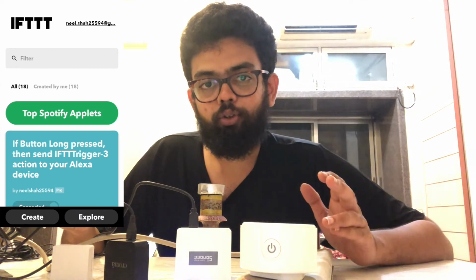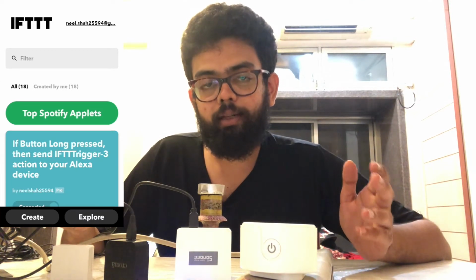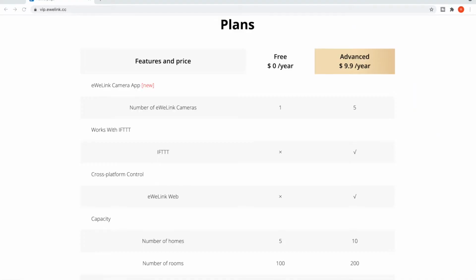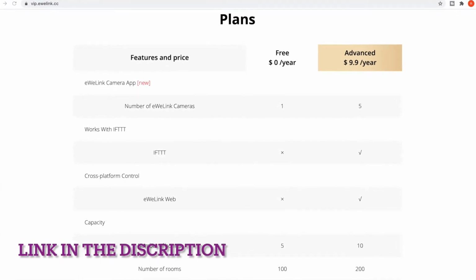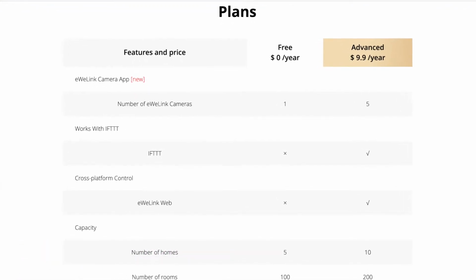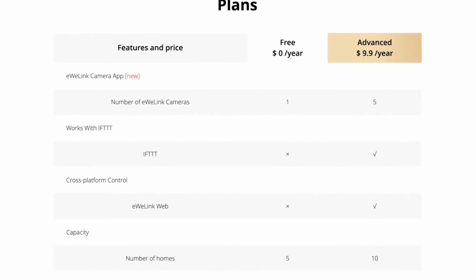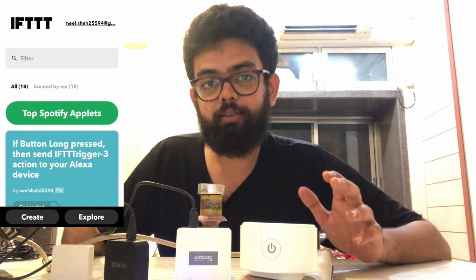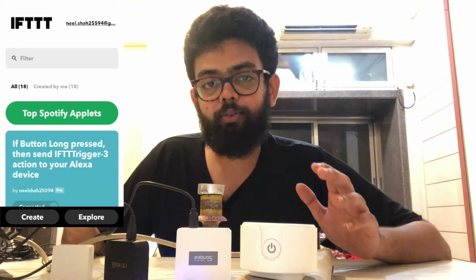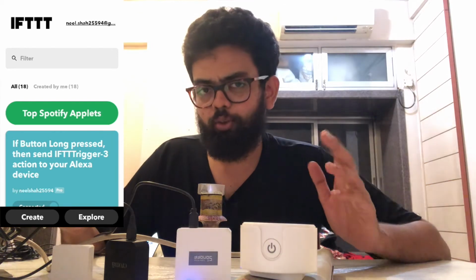So guys, now let us go ahead and see how to create automations for devices which are not compatible with the eWeLink app. Just go ahead and open the IFTTT. To trigger these automations with some other partnered application, the eWeLink app has a subscription for the IFTTT platform, which is $9.99, approximately $10 a year. By subscribing to this, you can actually trigger automations with all the Zigbee sensors. So just go ahead and click on create,